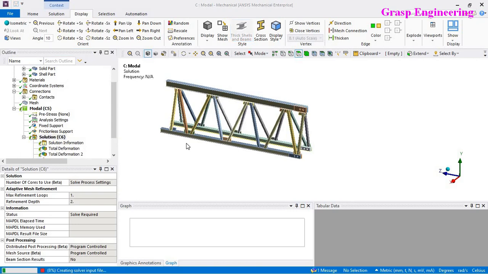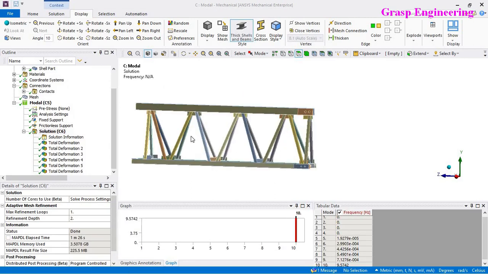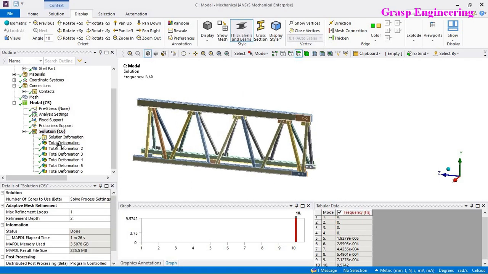So let's see how many mode shapes we have extracted: 10 mode shapes. Or instead of saying how many, we can say up to what frequency it will give us the excitation. So let's say for 10 Hertz, if it is more than 60, then there is no need to further increase your mode shapes. Now our simulation is performed, and these are the mode shapes. You will find that we have extracted the 10 mode shapes.